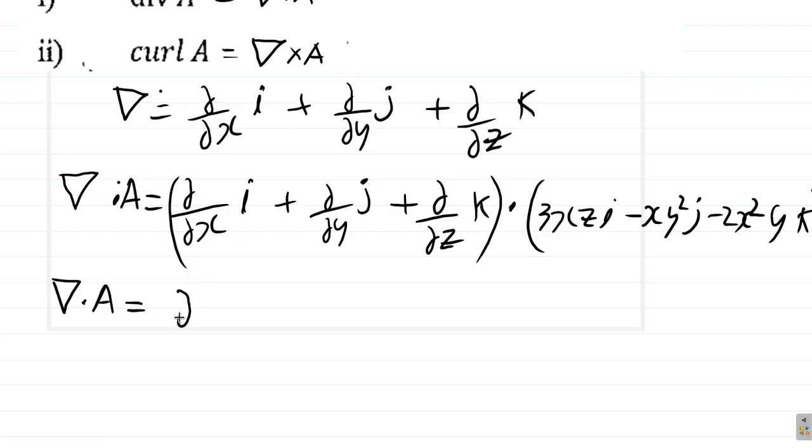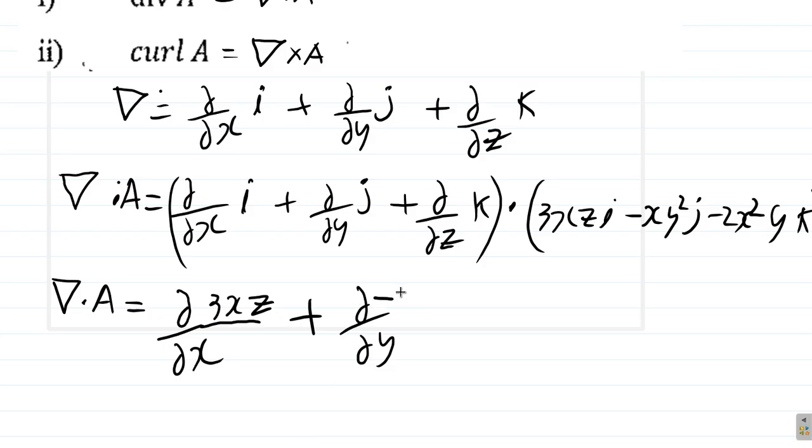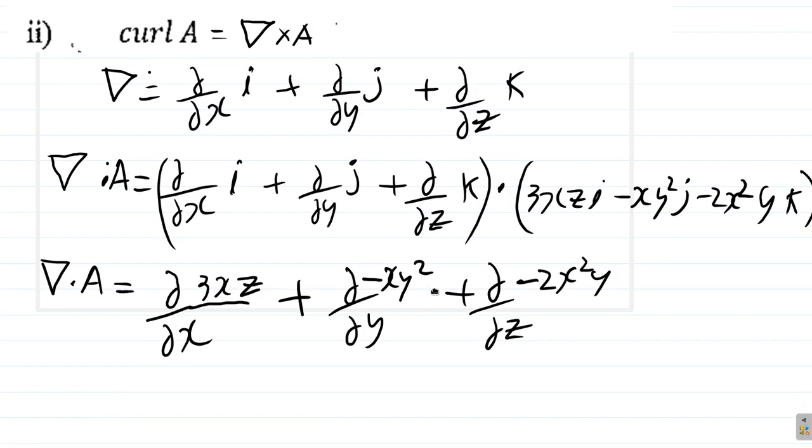Now, therefore you have partial by partial x, which is this, of this 3xz, alright, plus this one partial by partial y of this. Remember the negative xy squared, alright, plus partial by partial z, which is this, of this negative 2x squared y. Alright, so therefore